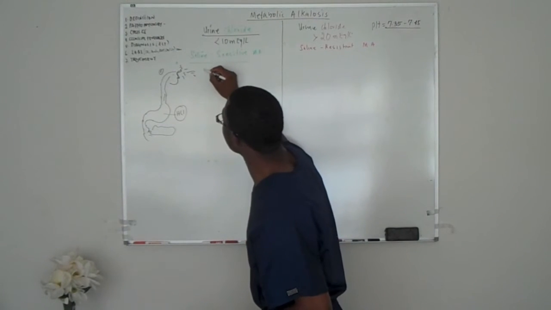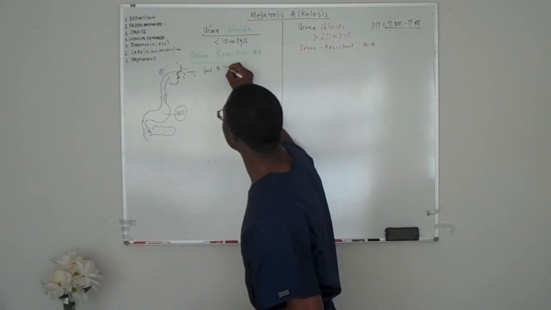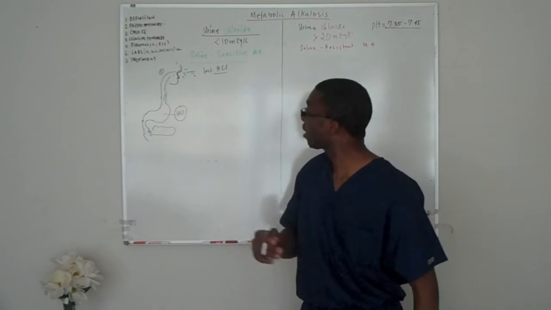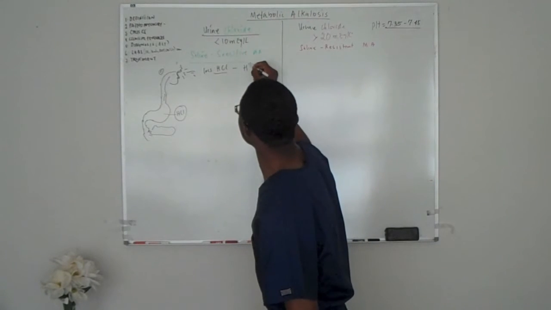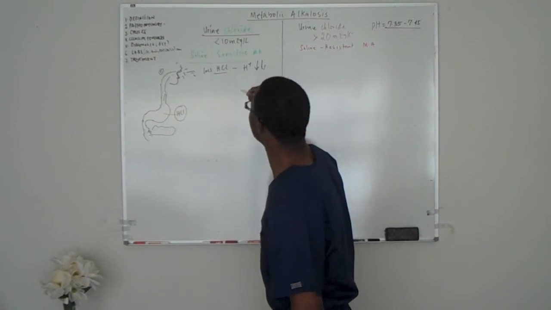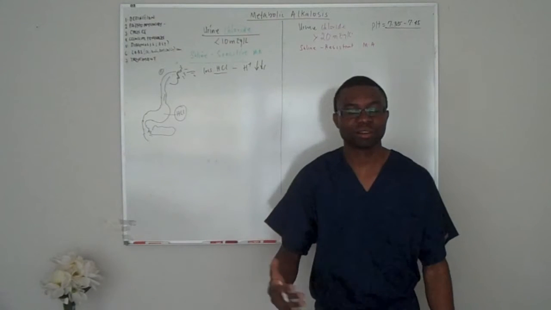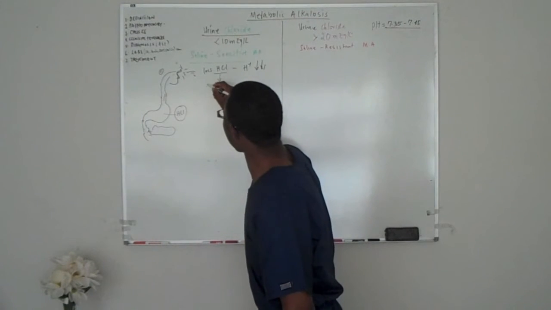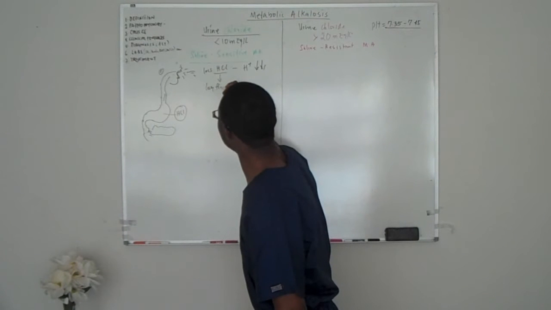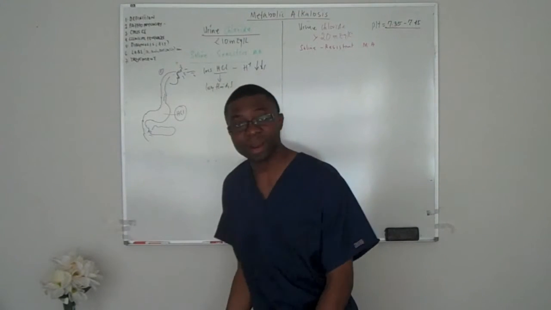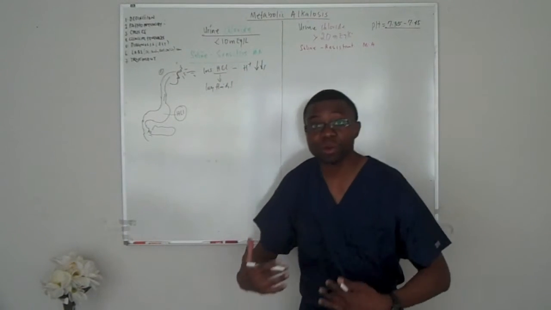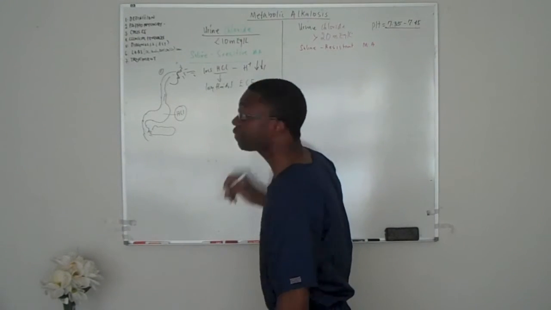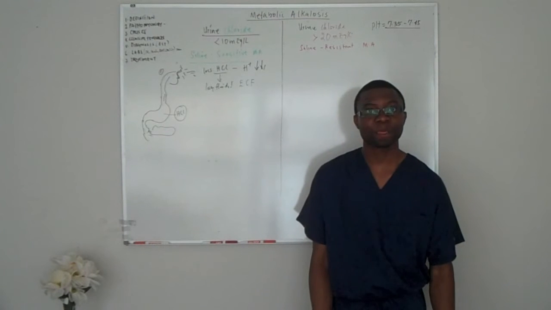So the first thing you do is you lose hydrogen chloride. You vomit it. So basically, the first thing that's lost is this. Hydrogen ions are lost. Excessive vomiting. However, you're also losing fluids. Because when you vomit hydrogen chloride, you vomit for so long, you're losing extracellular fluid volume.